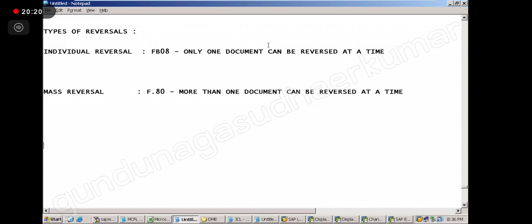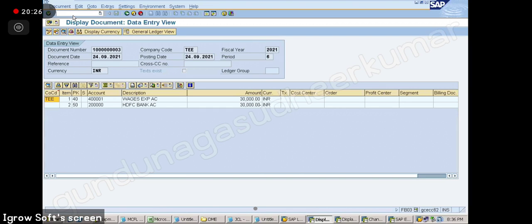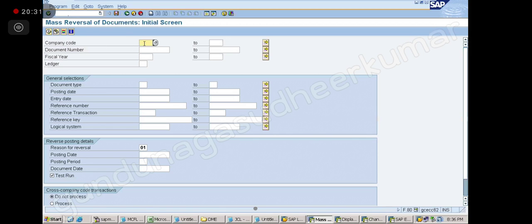So now let me go to mass reversal, I will show you quickly. /n F.80. You go like this: company code, document number. We have already done many reversals now, up till 10, so let me give 10, 2, 100, probably 13.